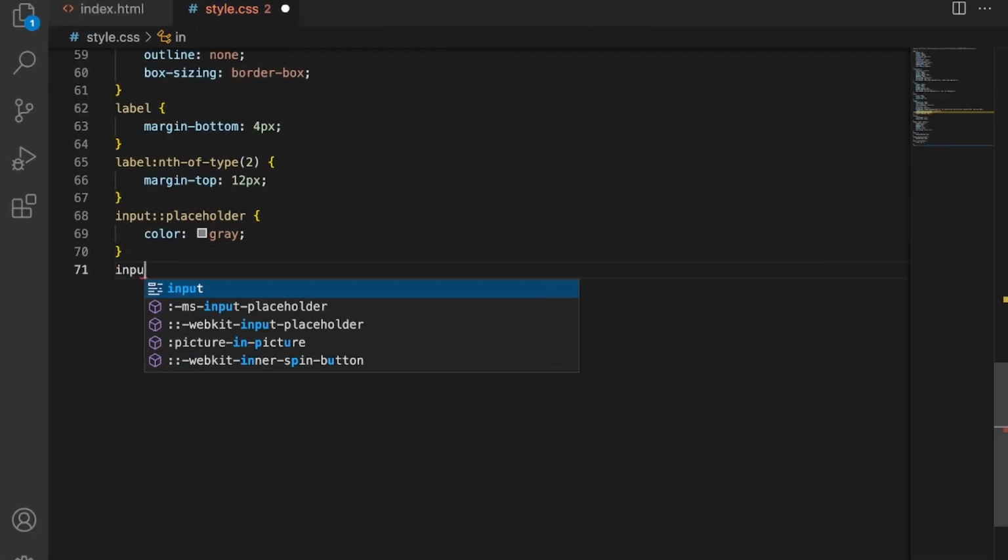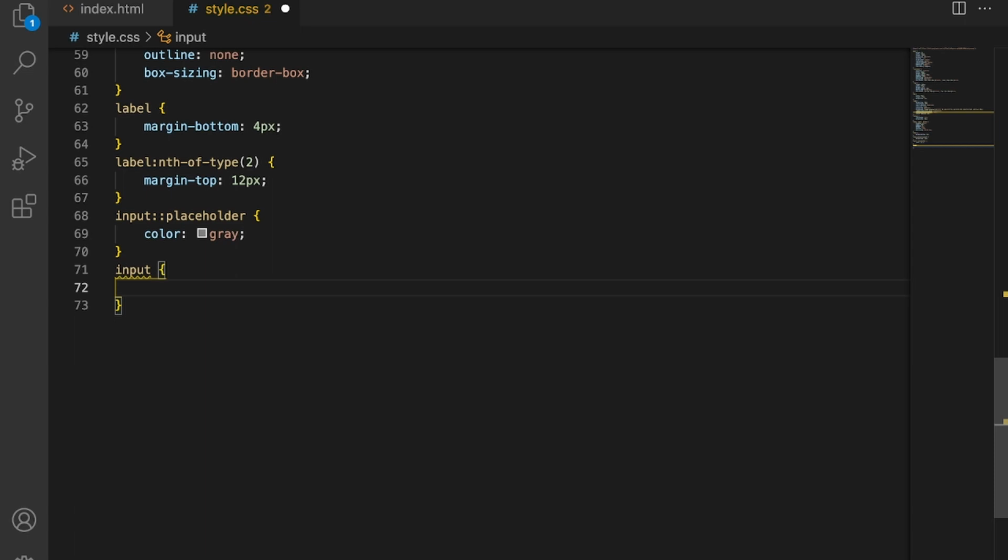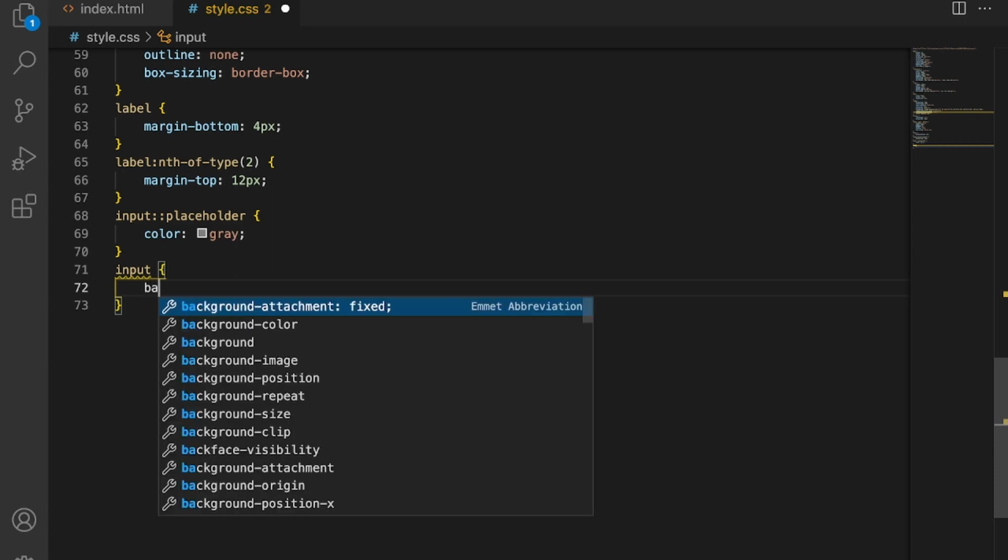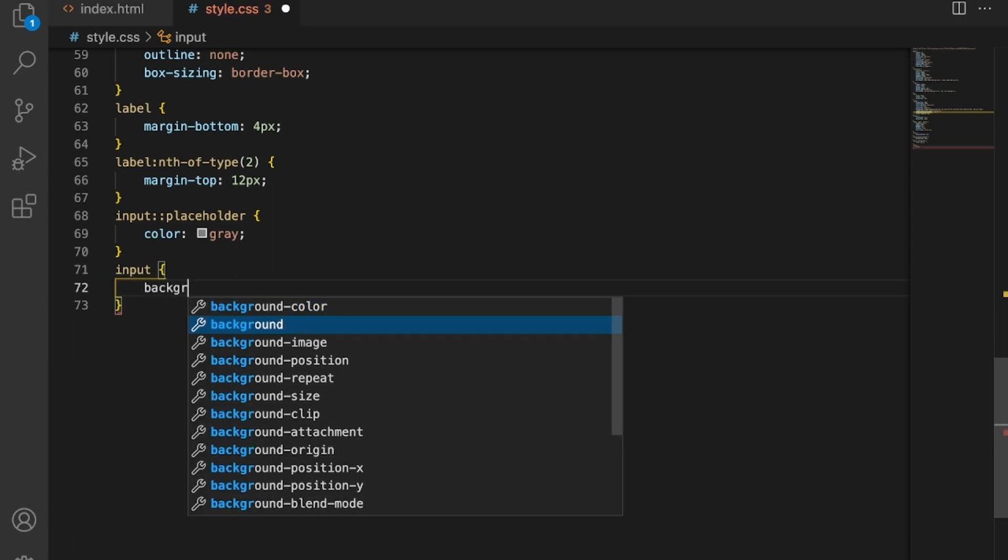So here I will write input and change the background color.